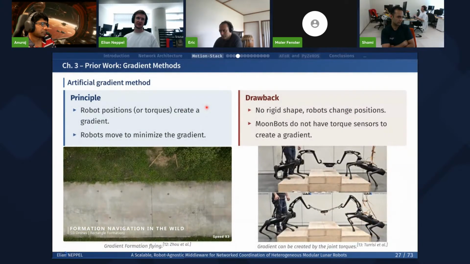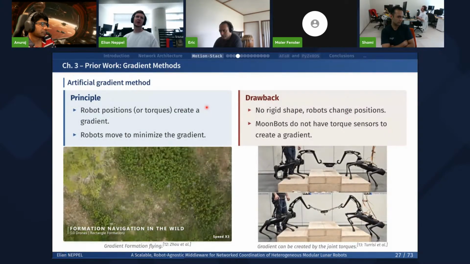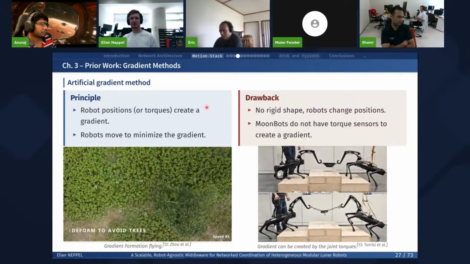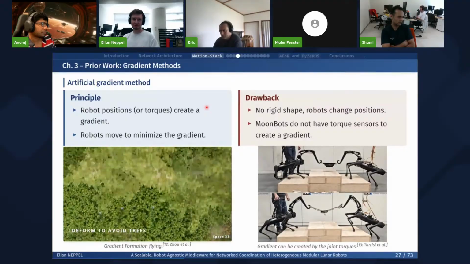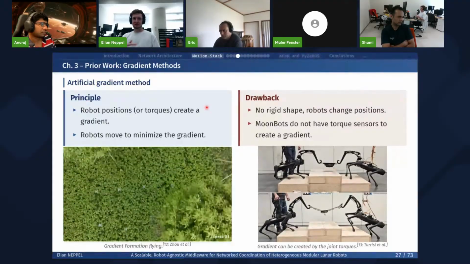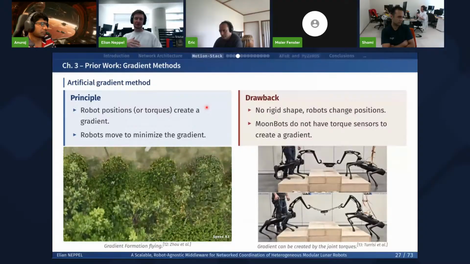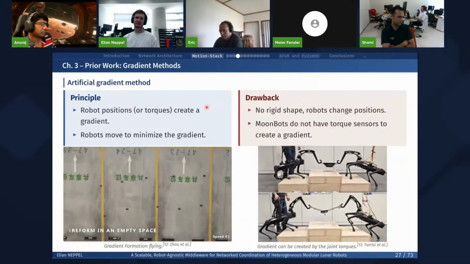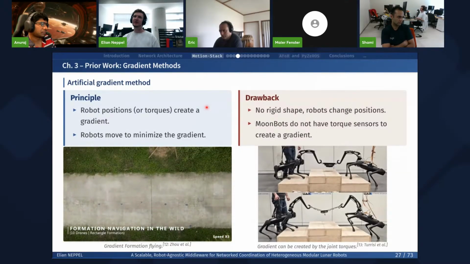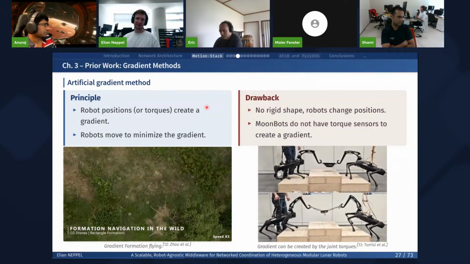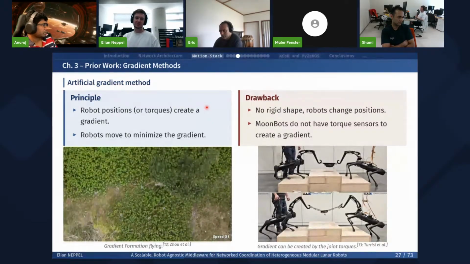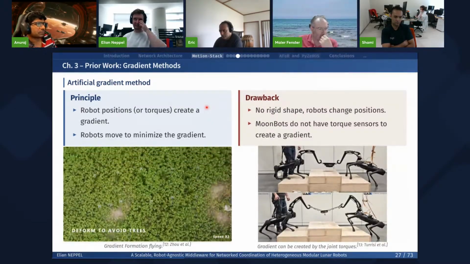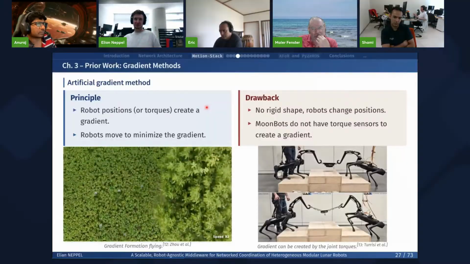The second method is the artificial gradient method, where we can use the robot positions or the torques of the joints to create gradients, and then the robots will move to minimize these gradients. The problem with this approach is that there is no rigid shape to a real rigid assembly, and the robots very easily change position.